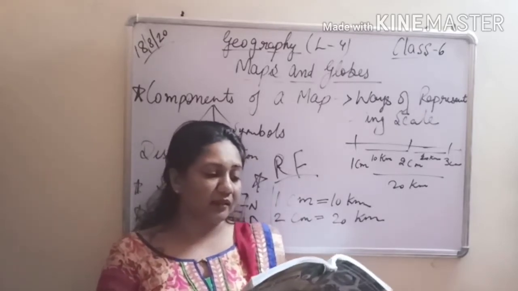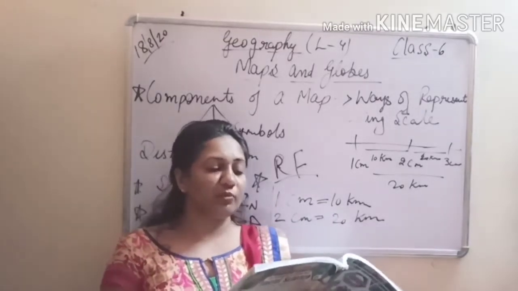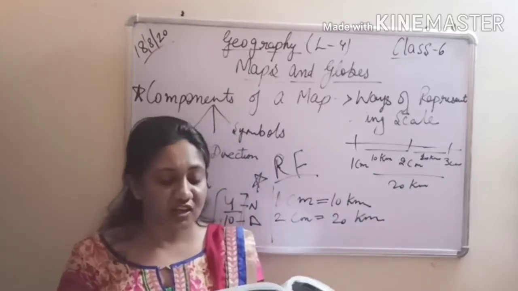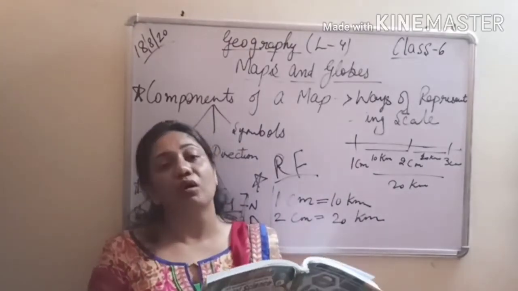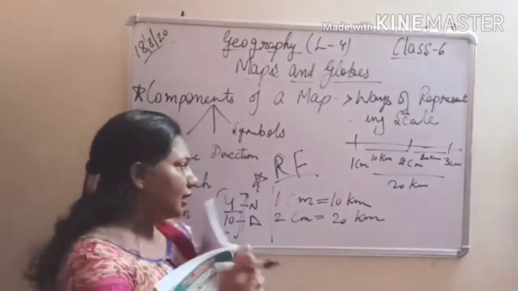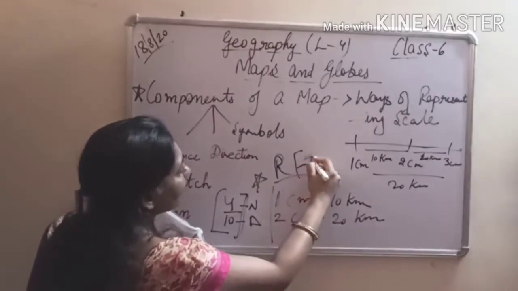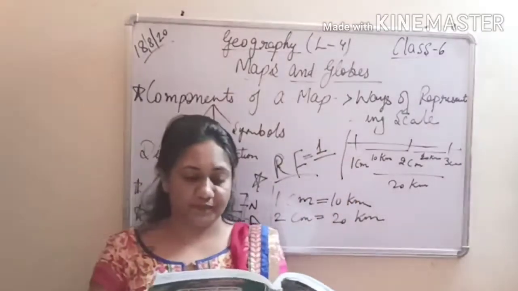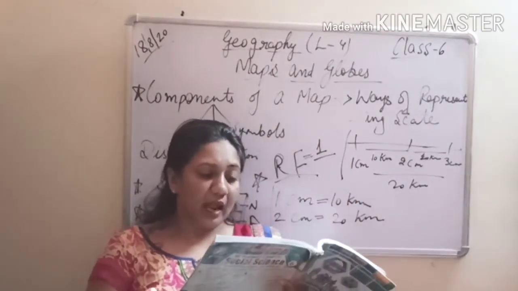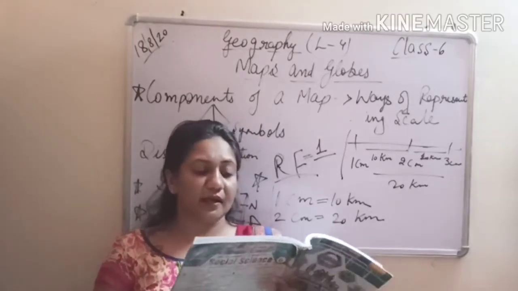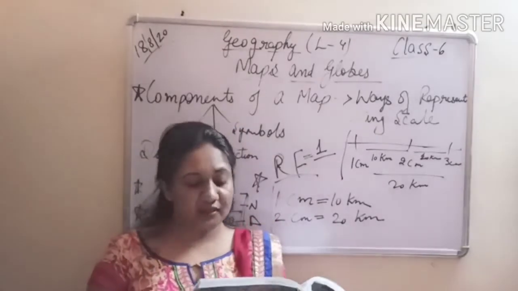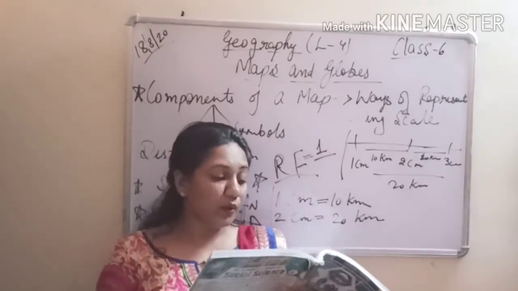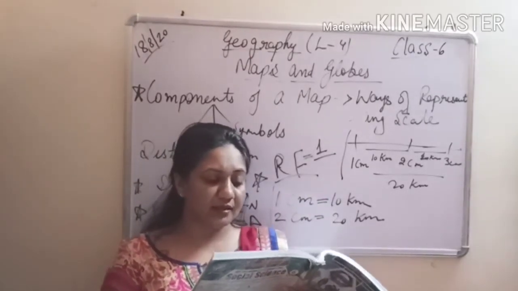So in this method, please underline, the ratio between the map distance and the ground distance is represented by a fraction whose numerator is always 1. So in this method, we always assume the numerator to be 1. Right? And this is known as the representative fraction or the RF method. It is also known as numerical fraction. So RF is given as